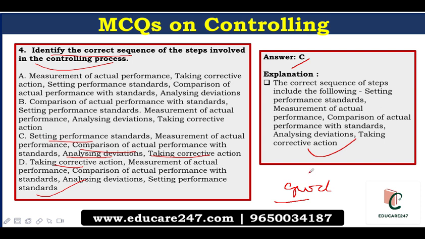The next step is to analyze deviations and take corrective action. It is the last step in the controlling process and requires actions which are required to be taken to maintain the desired level of performance in the future. It involves taking measures to eliminate the negative factors which have caused deviation between actual and standard performance. It also involves reviewing performance standards, and if they are not feasible, it may require a review and consequently the change of plans.